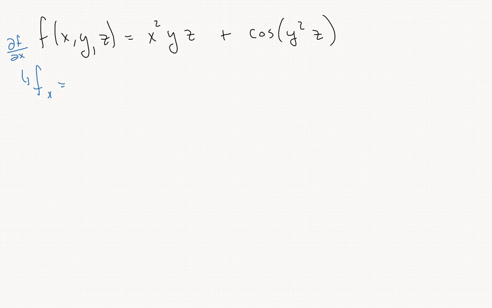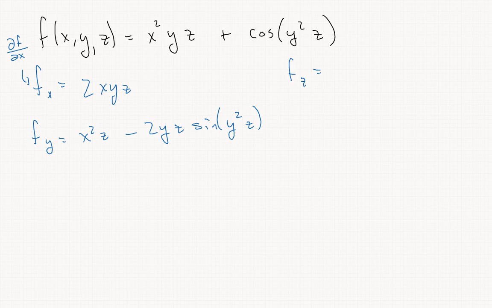It's a little shorter. This will be 2xyz, then fy will be x squared z minus 2yz sine y squared z,